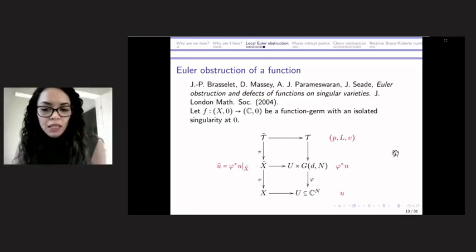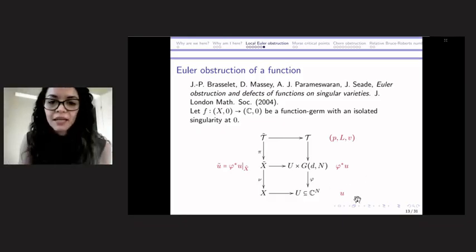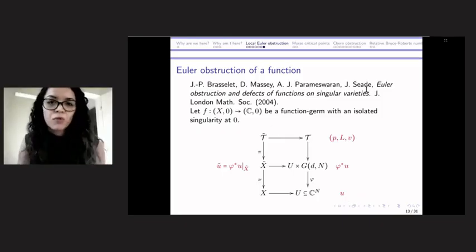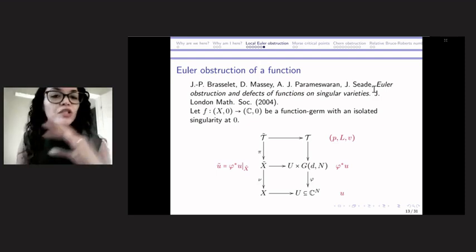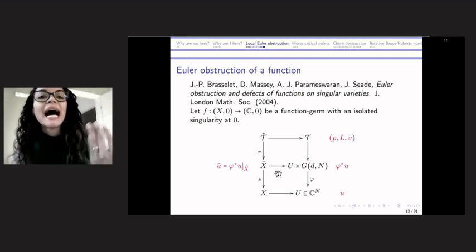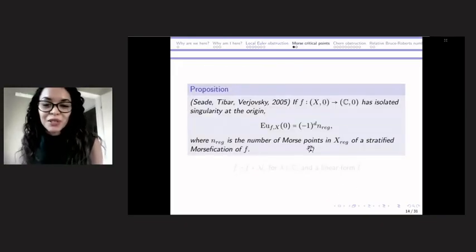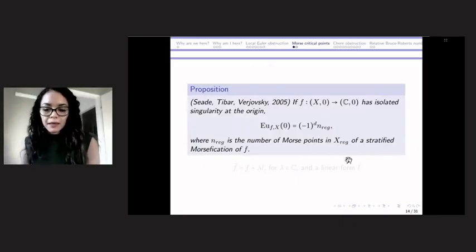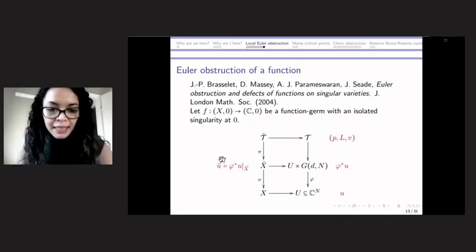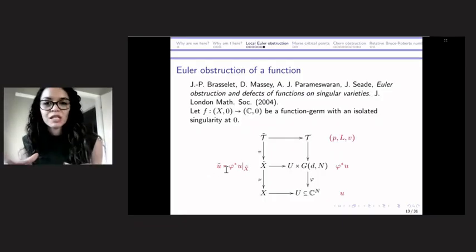So when we do this, when this U that I put here is not any U, but a U that these authors construct using the gradient, the conjugate of the gradient, but still using the gradient of a function, right? So when we do this, another number appears, and this number is called the Euler obstruction of the function. So they could produce then this U tilde, which is non-zero over the inverse image of the sphere.